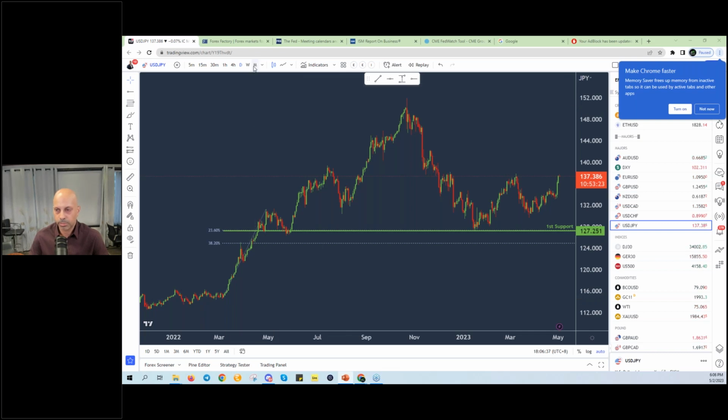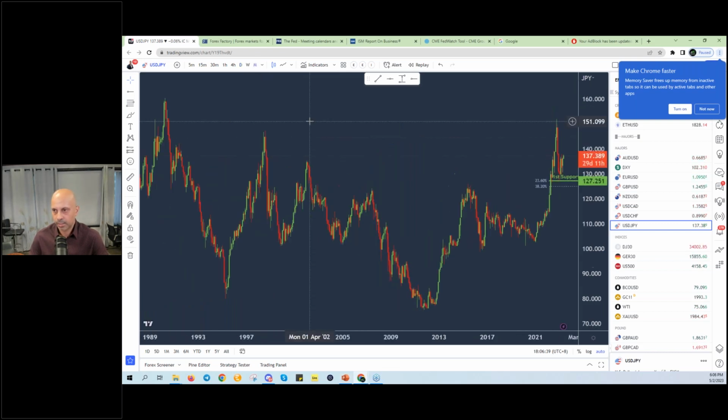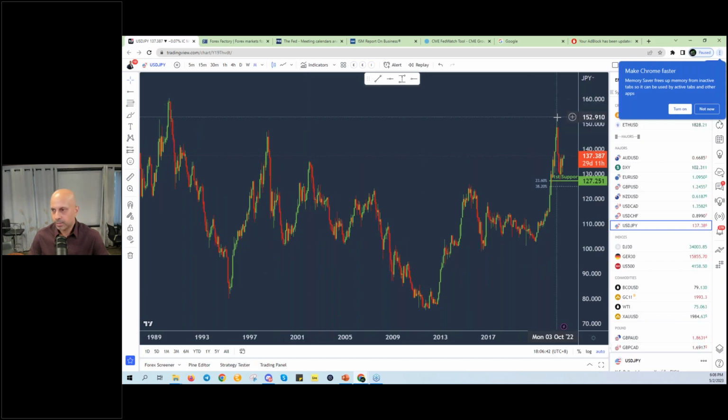Let's just zoom out to a monthly chart for the dollar yen. As you can see, this level of 150 was last hit in the 1990s, right? So the late 1980s and early 1990s was when the yen hit the level of 150. So this was a 30-year period high, right? This was a very significant move in the dollar yen, which was caused primarily by the divergence in monetary policy. And because the dollar yen hit such high historical levels, the Bank of Japan had to intervene in the